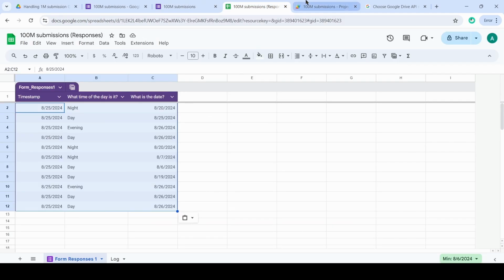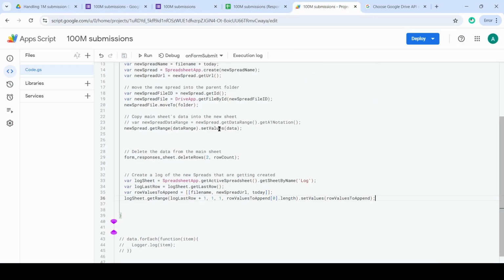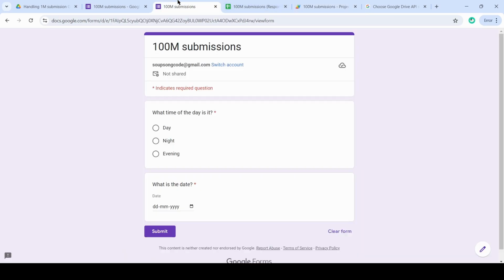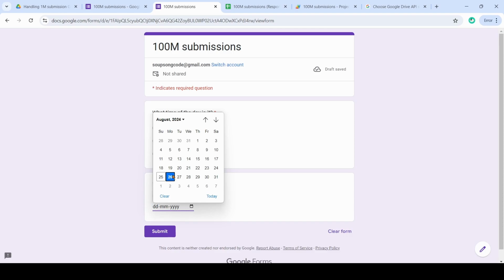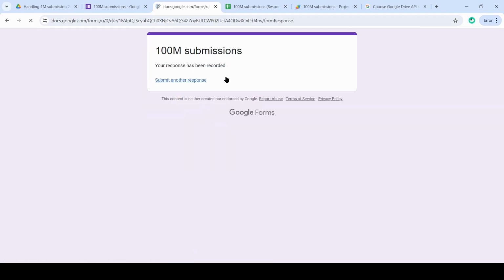Now, because we have the drive permission and we have figured out how to set these new values in the new sheet, and then move that sheet into the parent folder as well, and also to update the log. And now, if everything runs fine, we should have, after this submission,